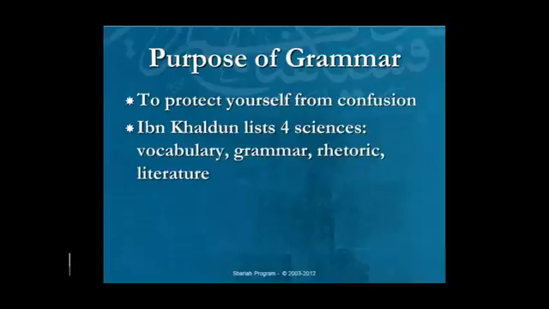Ibn Khaldun lists the 4 sciences that make up classical Arabic, the 4 areas, and the first one is mufradat, which is vocabulary. This is an area that needs to be studied, and I sort of downplay it in the report and also in the previous video. But I'm not trying to say that it's not important. It is important, but it will build gradually. The best way to build vocabulary is not through flashcards or vocabulary lists, but through an actual reading text. Since our aim is to begin the reading text so early on, we can focus right now on the non-word meanings. So this is why the emphasis right now is not on vocabulary.